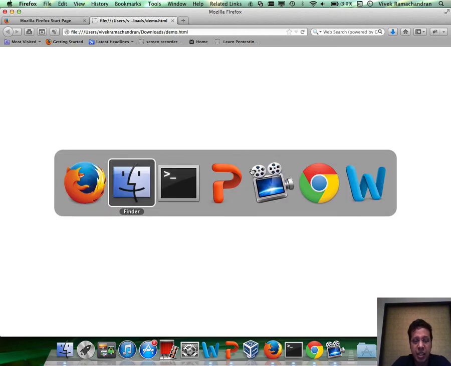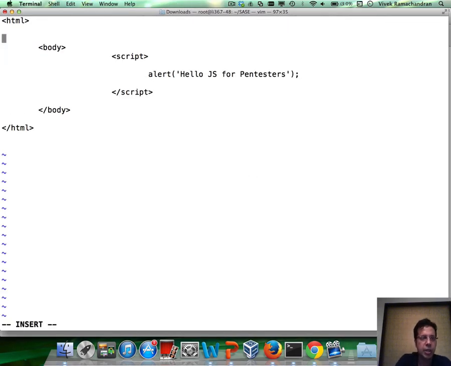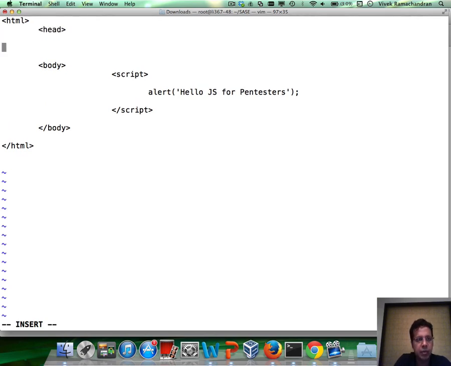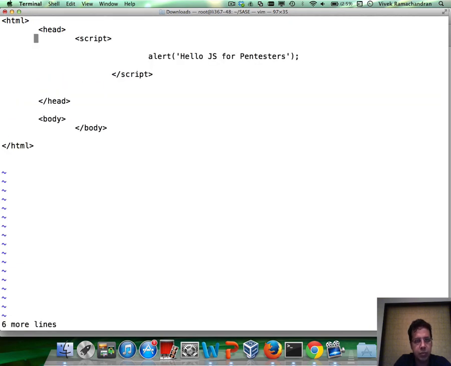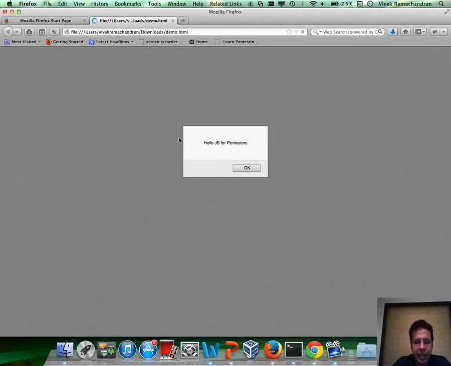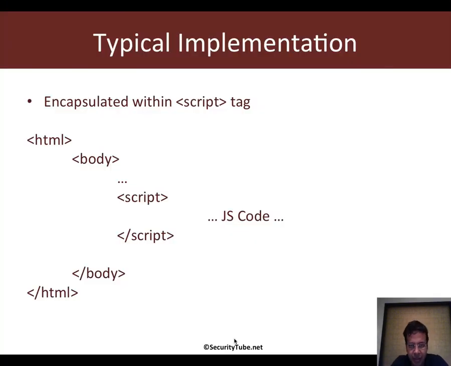Now, there are multiple places in which JavaScript can be placed. We could even place it above the body within the head tag. So refresh the page, and once again you have hello JS for Pentesters being alerted to us. Fantastic. So this is probably a very simple example. In this series we will learn about writing JavaScript code and then applying it to various use cases for web